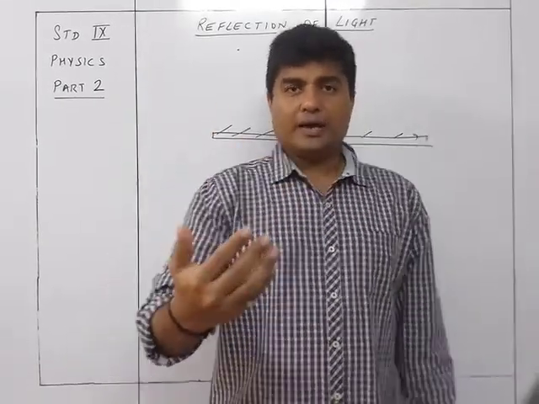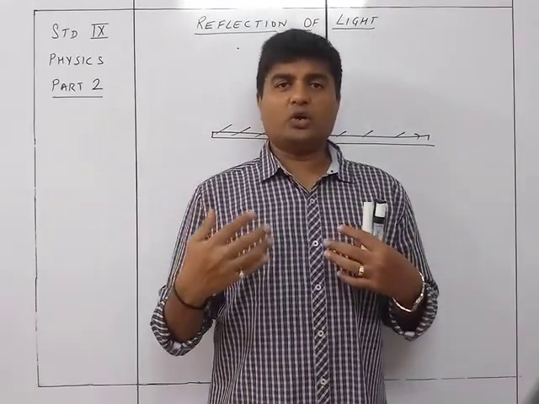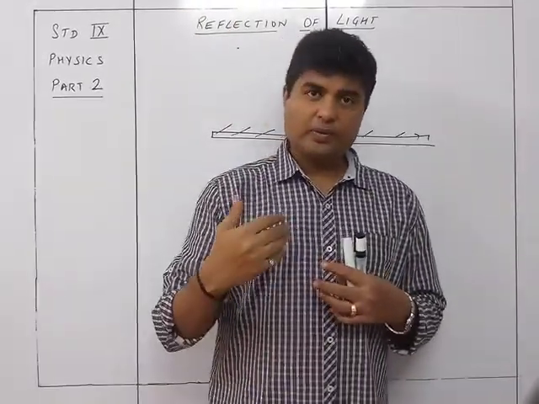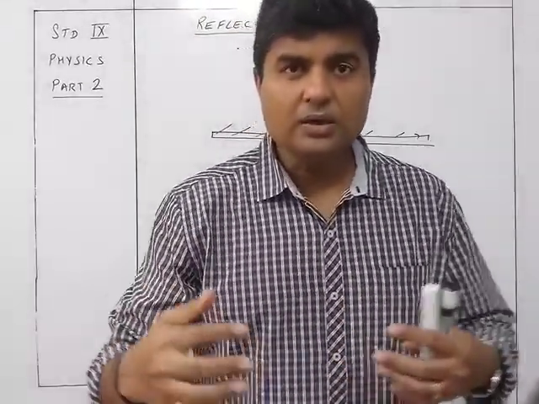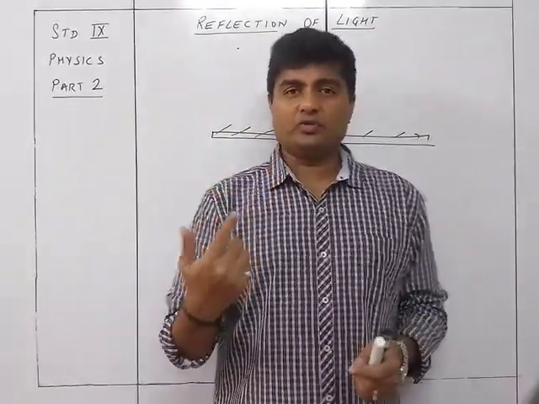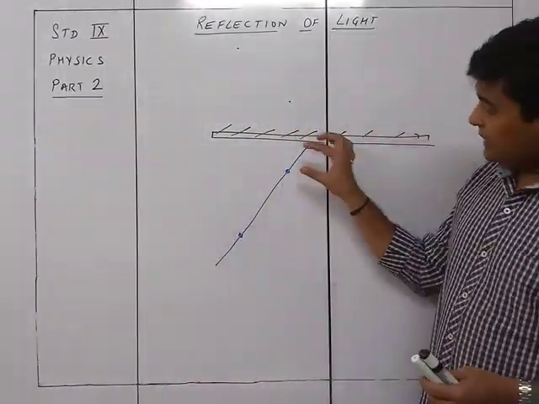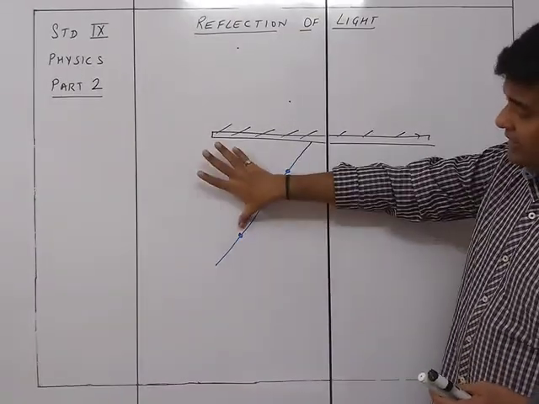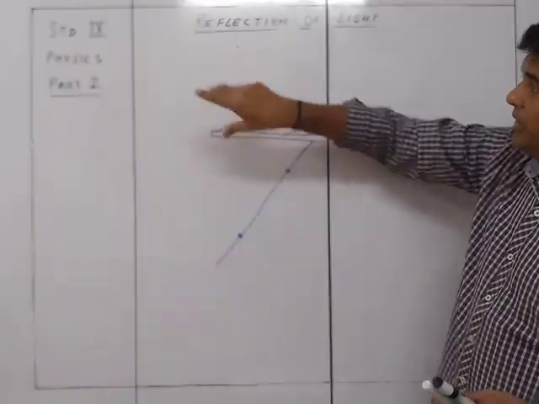So that's why if we go a little behind from the mirror, then automatically what will happen? The image also will go behind the mirror. That way, if I come close to the mirror, then the image also comes close to the mirror. So if this is at this distance, you will get the same distance over here, the image. This is at this distance, you will get the same image over here.